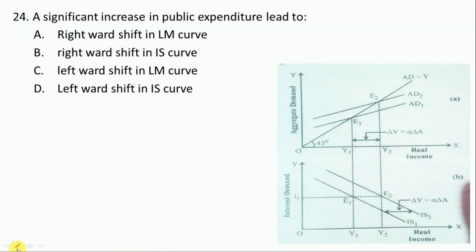And the next, 24th question is about a significant increase in public expenditure. मतलब fiscal expansion हो रहा है. ठीक है, significant increase in public expenditure leads to what? तो हमारा IS कर्व क्या होगा? कौन सी साइड पे शिफ्ट होगा? Definitely the IS curve will shift to the right side, because जब पब्लिक एक्सपेंडिचर बढ़ेगा तो aggregate demand will increase, investment will increase, production, employment, and as a result of that what will happen? The IS curve will shift to the right side.